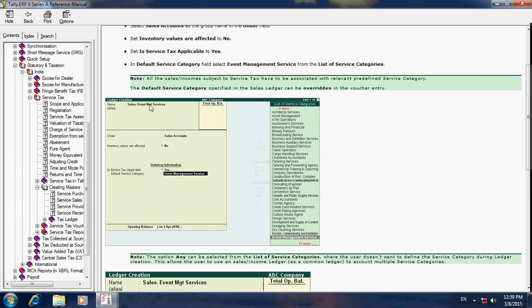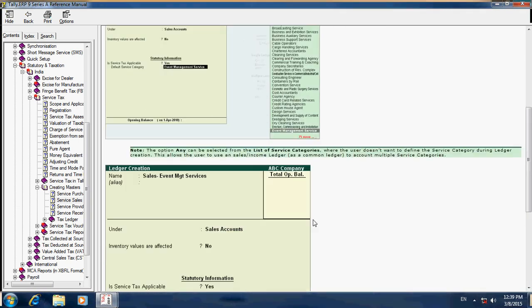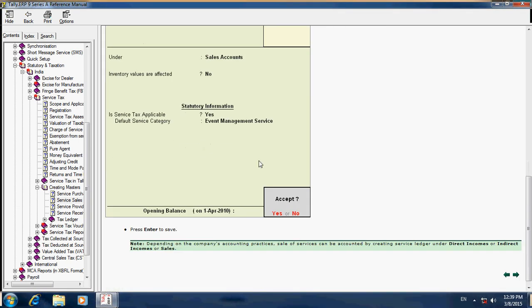Like this. This is the ledger name, Service Event Marketing Services, under group Sales Accounts. Then here Yes. Then for Event Marketing Services, here you have to select that name. After finishing everything, press yes to save this ledger.